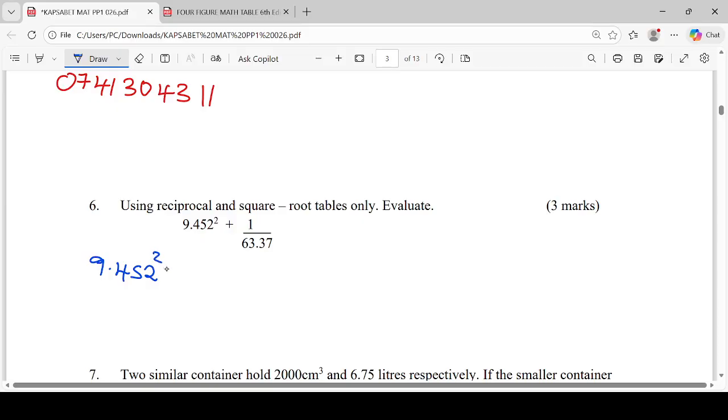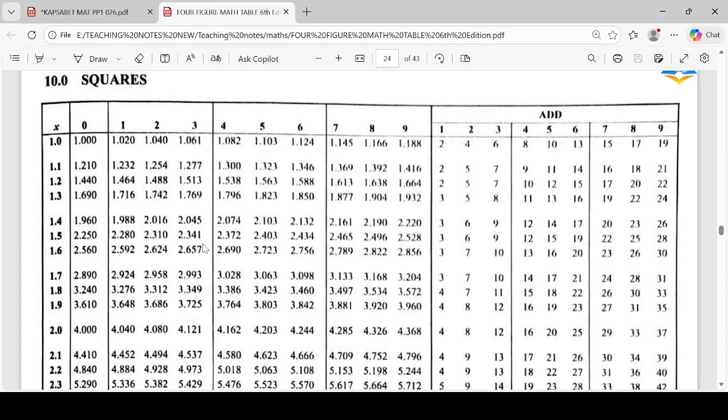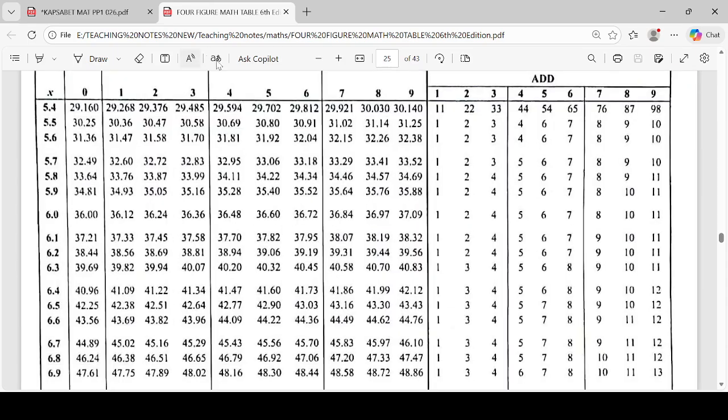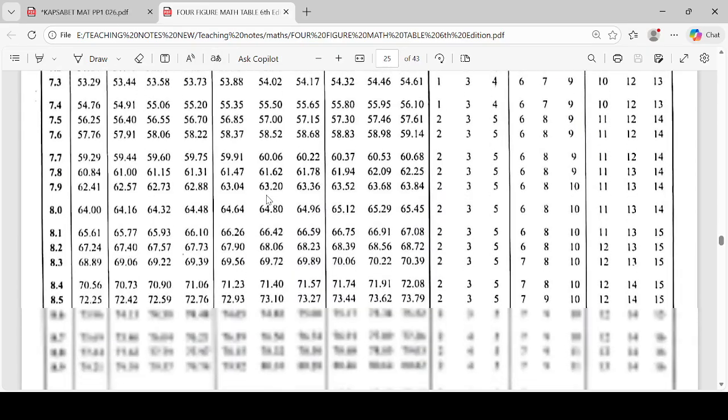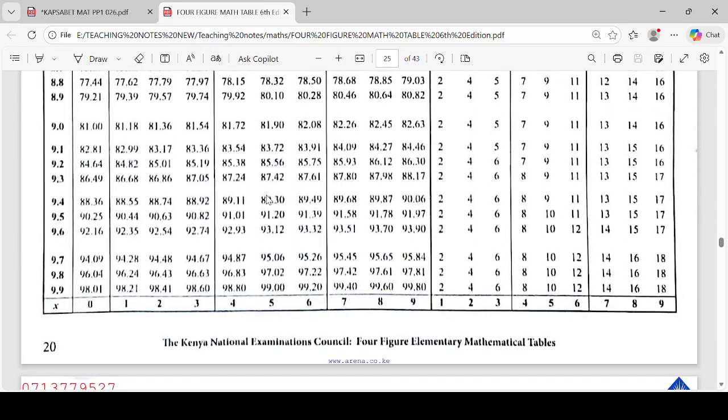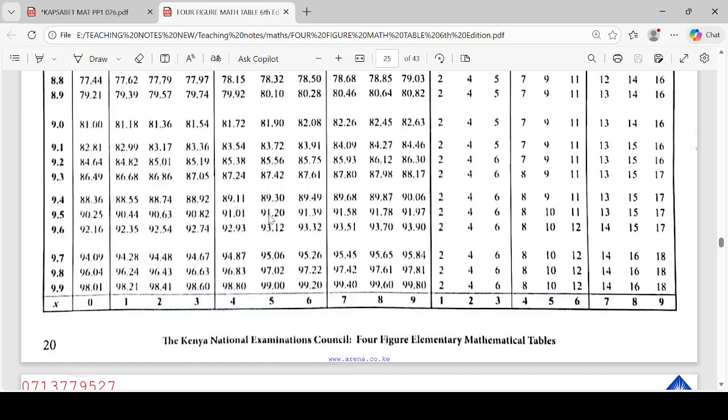9.452 squared. This can be just written as 9.452 times 10 power 0 squared. So we are going to read 9.4 then 5. 9.45 is here. So 9.4 is here. Then 5. 9.45 is here. So that is 89.30. We're going to have that as